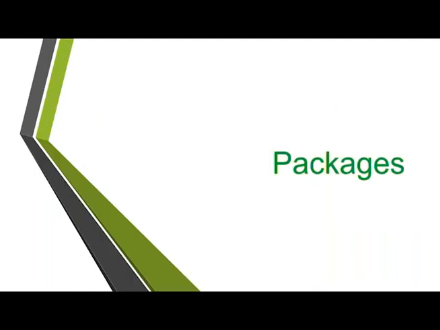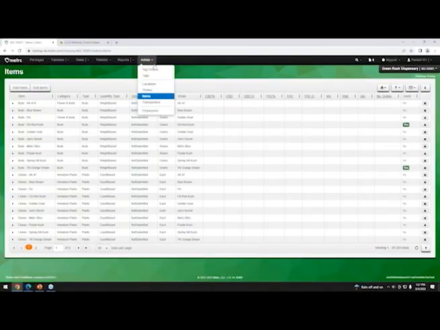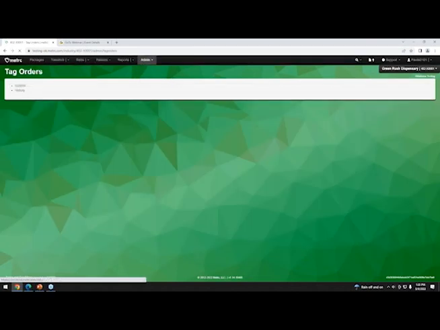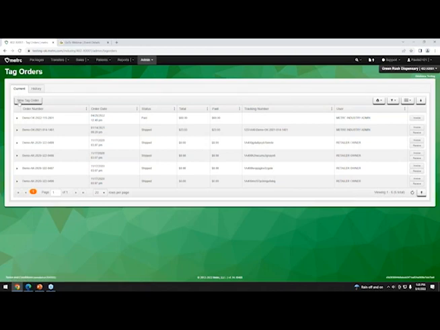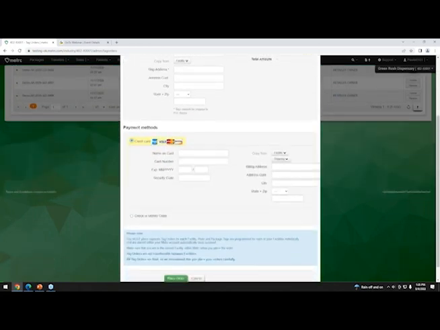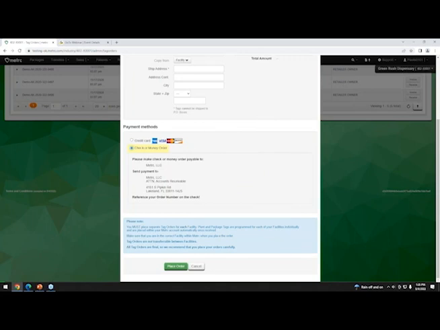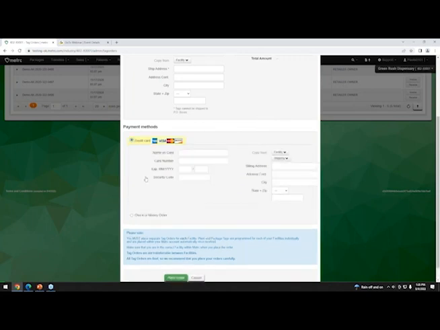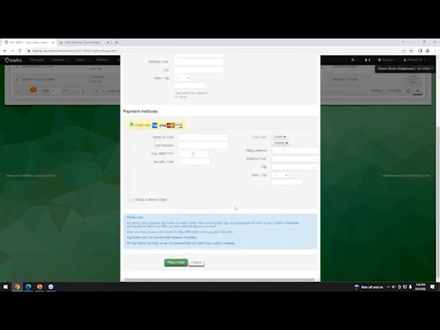We'll flip over here real quick, and show you how the tag orders work. So you go into tag orders, new tag order. You put in how many package tags you need, and then you will enter in your information. You can also copy from whatever's in the licensing file if that actually is still accurate. And then we accept credit card, check or money orders. Credit card is the recommended approach just because we won't ship any tags until we receive that check or money order. So there could be a little bit more of a delay there if you go that approach.